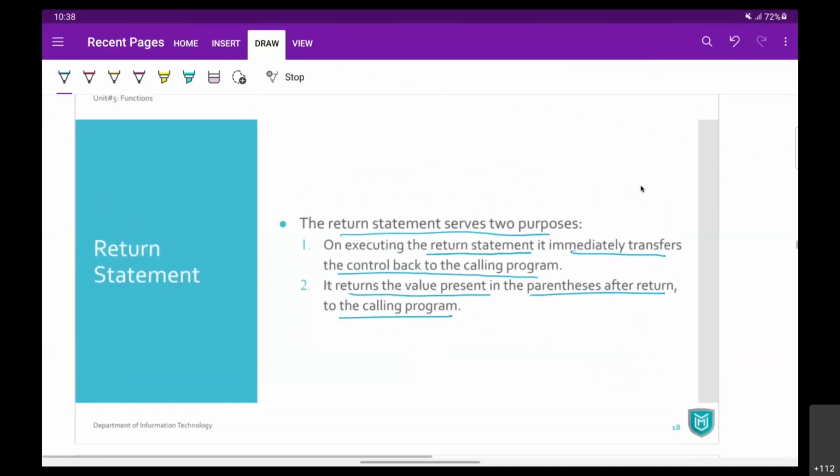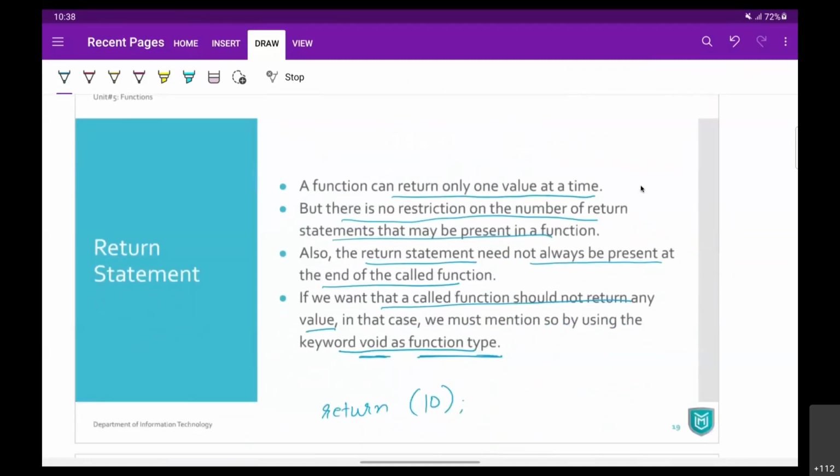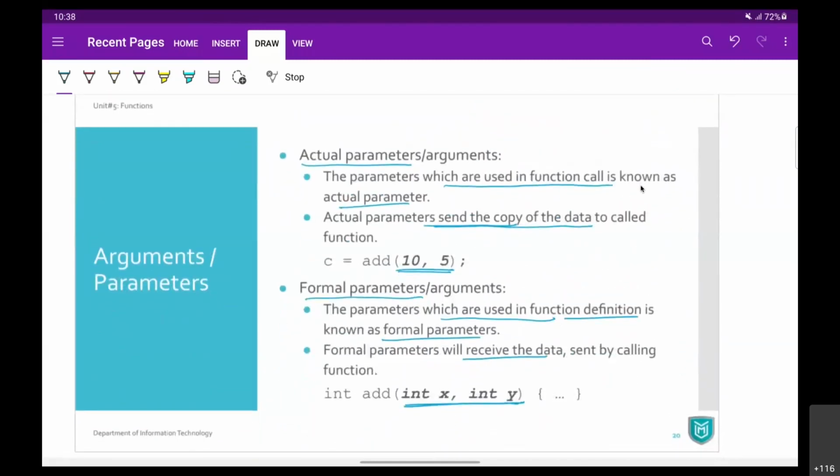Now, after that, we have also seen what the return statement is and what it can do. Whenever you write a return statement, it is going to send the control back to the calling function. जहाँ पे भी return statement execute होगा, वहाँ से function return हो जाएगा. So if anything that you write after the return statement, it is not going to be executed. Now you can have more than one return statement, but you can return one value using a return statement.